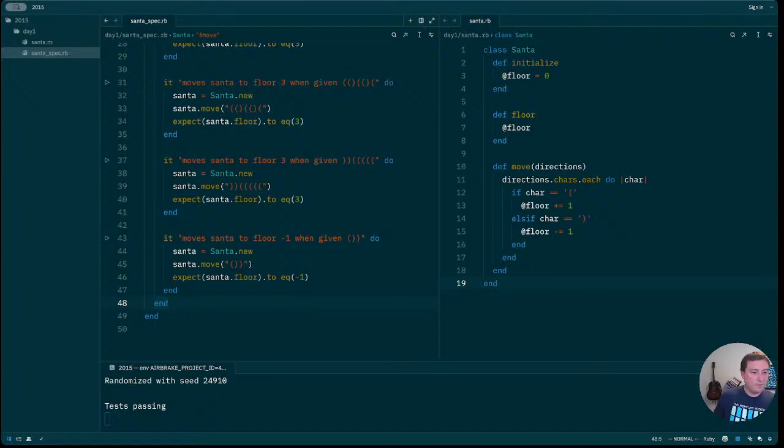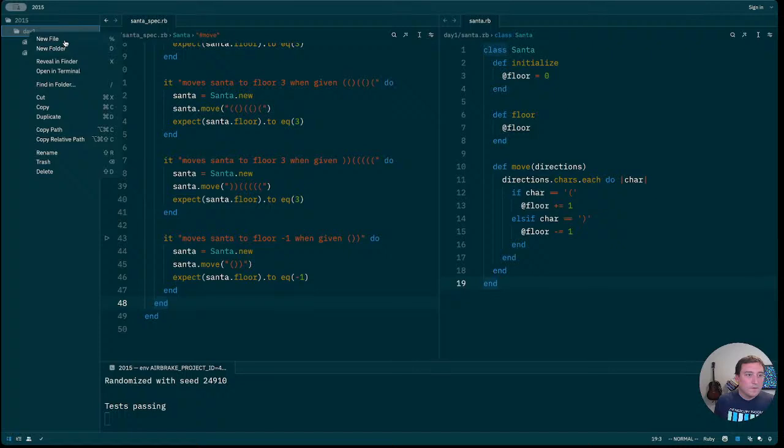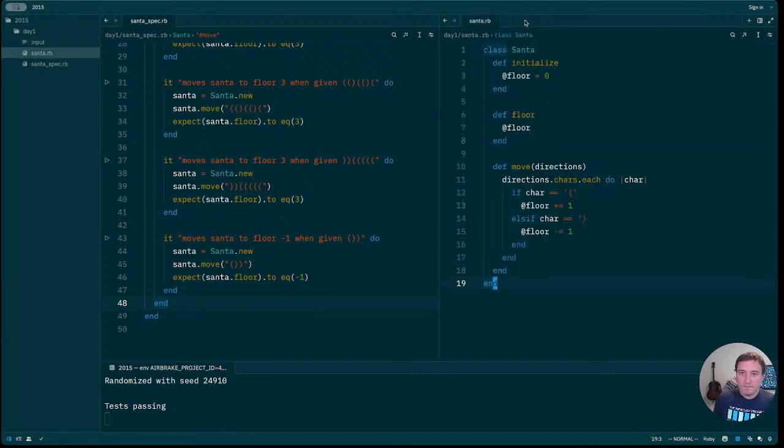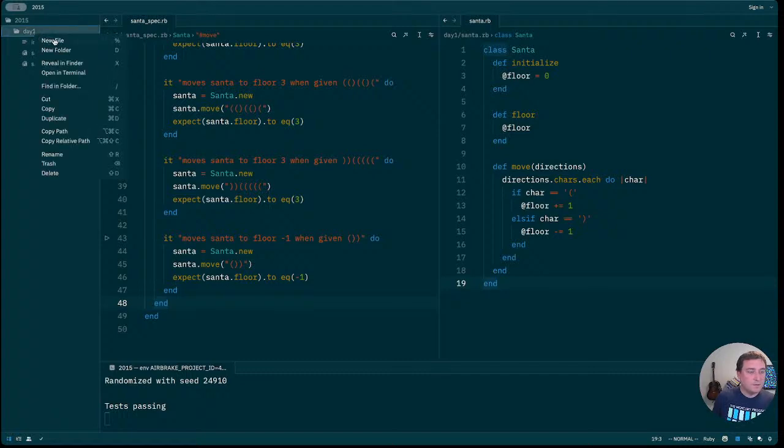So now the next step is to get the puzzle input, which we'll do in the browser window, and create new file, input, and save it, close here. And so now what we need to do is write a little script to